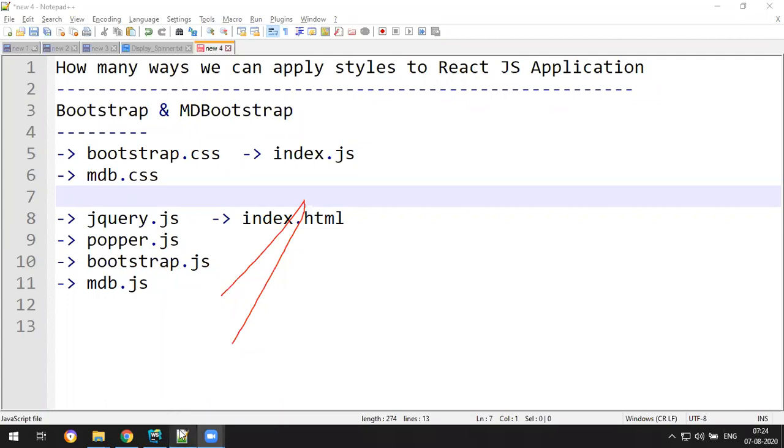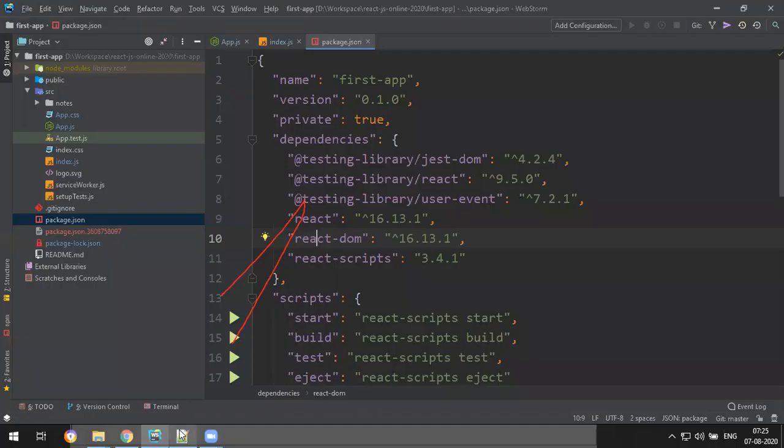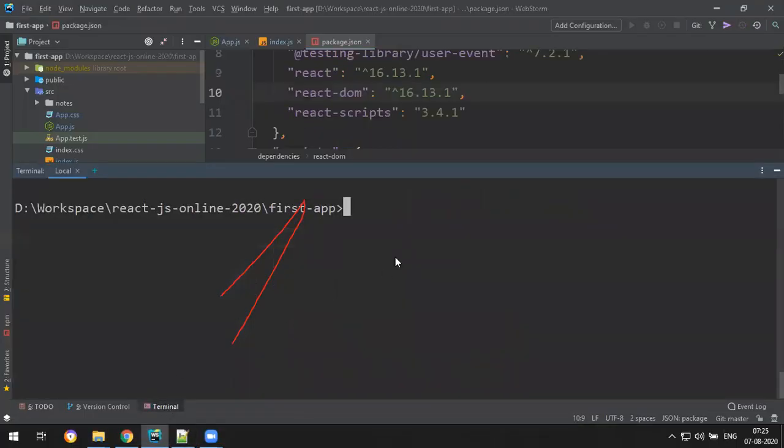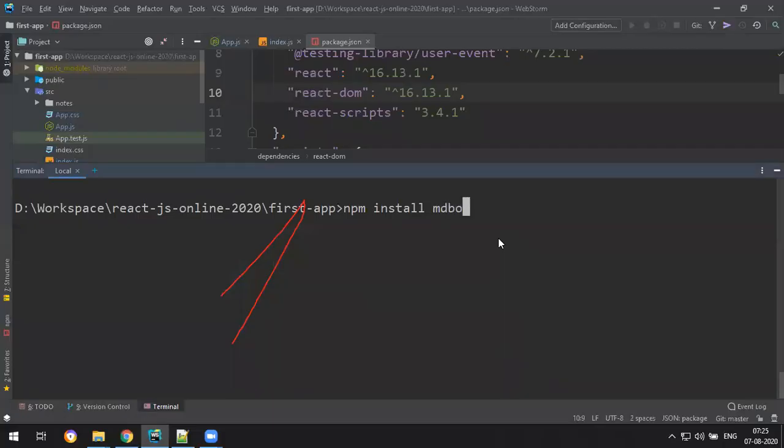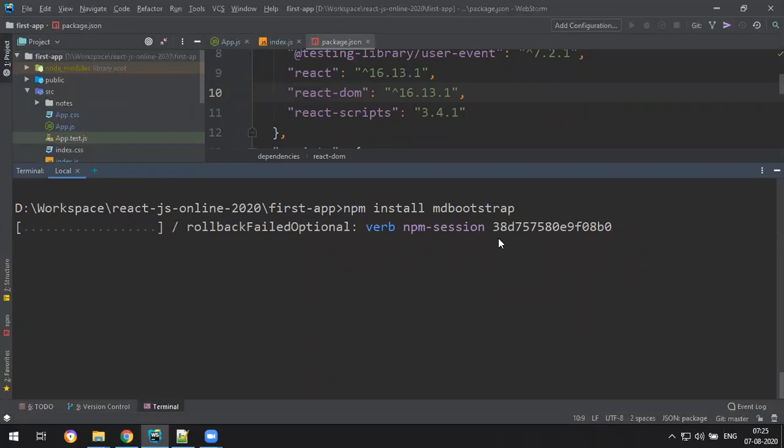Okay. So why it is not installed is, well, see, I go to the terminal and run npm install md bootstrap in the same location. Enter. So it's supposed to be here as a dependency so that we can start using it.